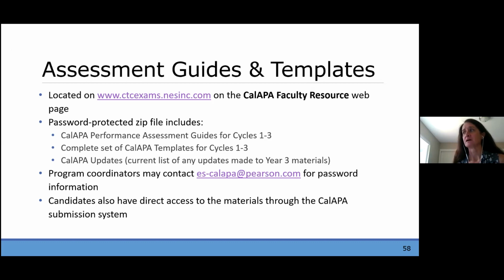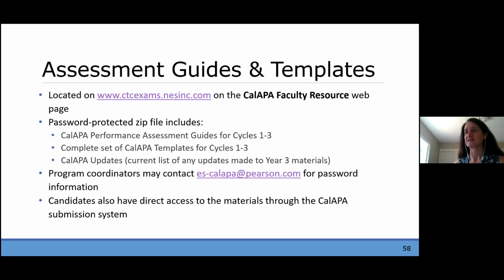Again, the assessment materials are contained within a password protected zip file. We've included that password in the chat window. Included in that zip file are PDF copies of all 3 assessment cycle guides, a complete set of the templates for all 3 of the cycles, and a document called the CalAPA Updates document. We haven't had any updates yet this year, so that document is